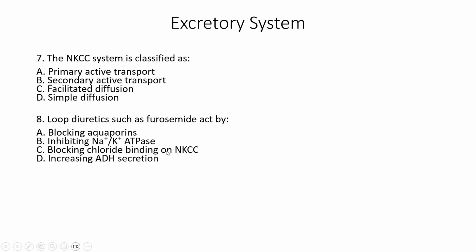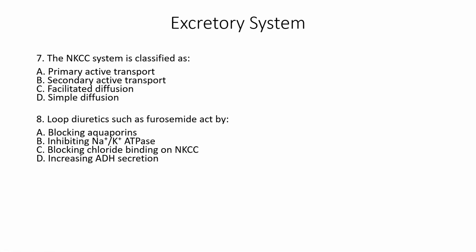There'll be a place where chloride binds, that allows the chloride to move through. But if furosemide goes and sits over there, chloride can't bind. And if that doesn't happen, the transporter cannot function because all of these ions,